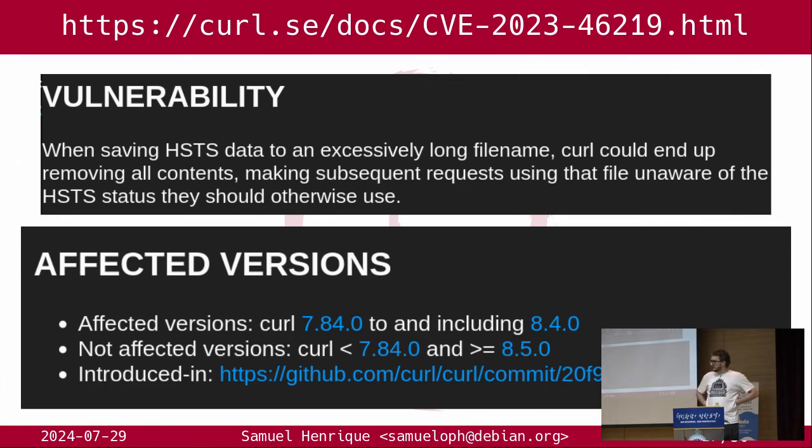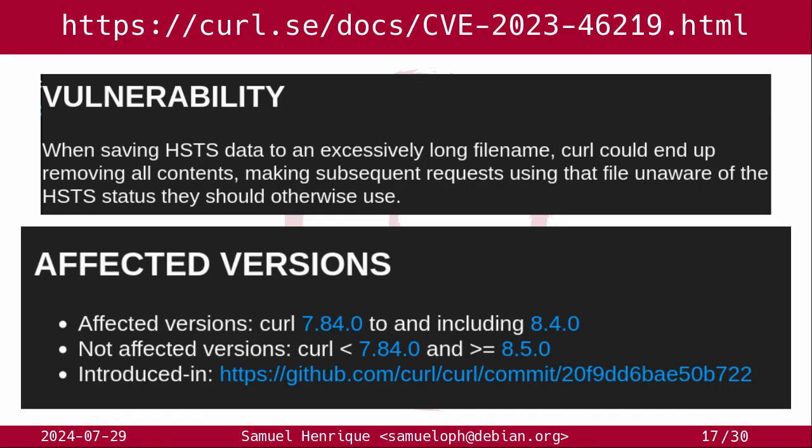This is two pieces of a curl advisory for a CVE. I purposely cut out some parts to make it less informative and mimic what you get in most of the CVE descriptions, right? This is even better than what you mostly get as CVE descriptions. So it's going to say, when saving HSTS data to an extensive long file name, blah, blah, blah. And then you have affected versions, and they are very precise about this. It's going to say 7.84 to and including